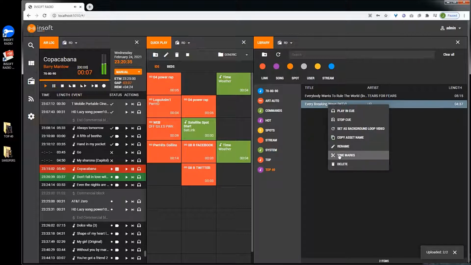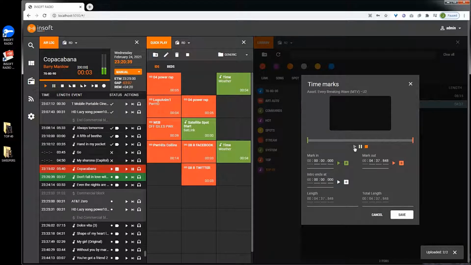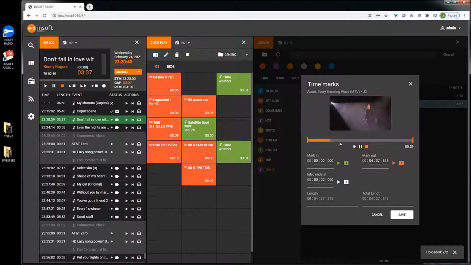And we can also trim the track, so we can play it in queue, we can fast forward if we want to, and we can mark the intro and mark the end of the track as well. There we go. And if we want to mark the intro, let's say that the intro is like there,